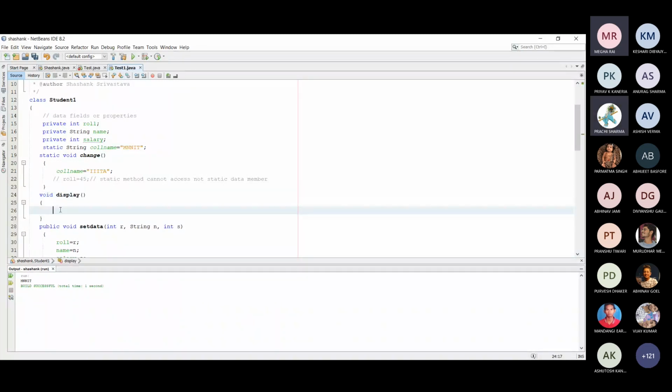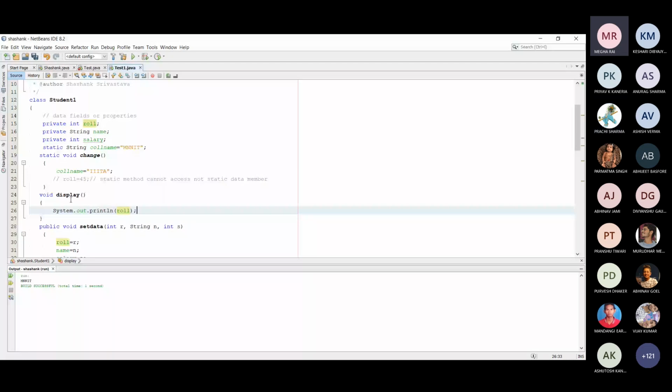Now if I would like to print System.out.println, and suppose I just print the roll number, and this is a non-static method.